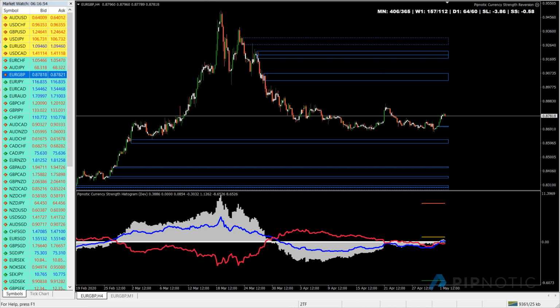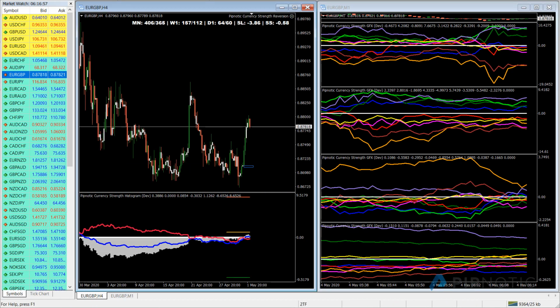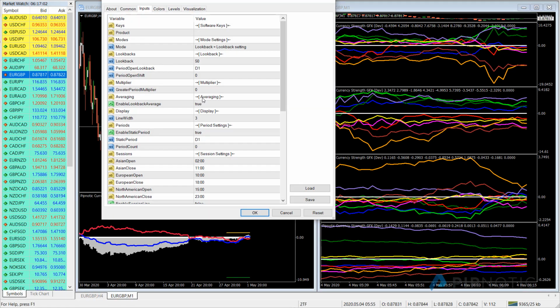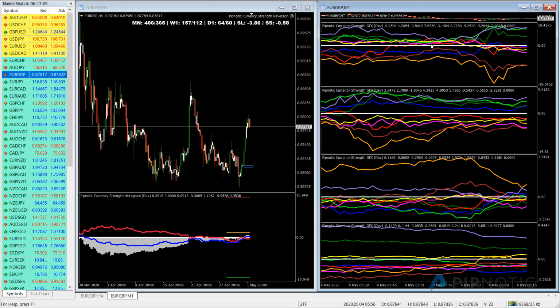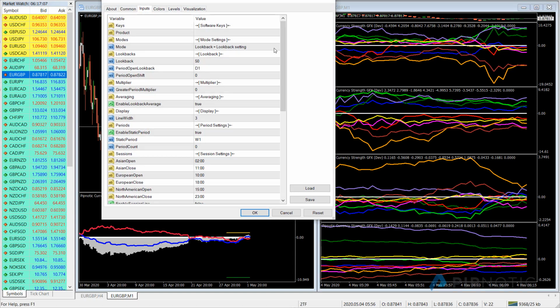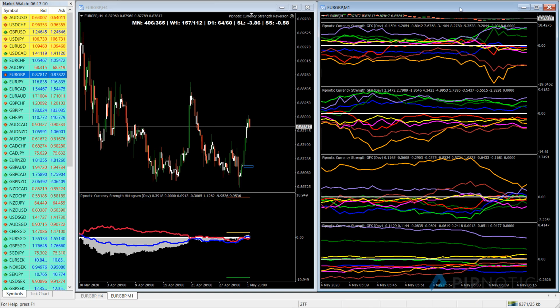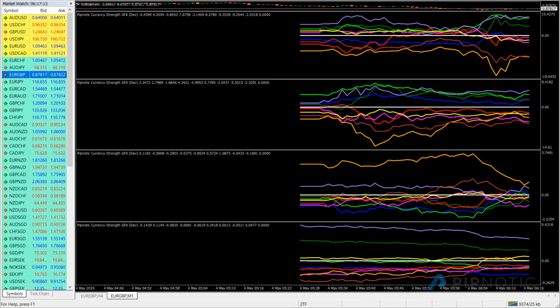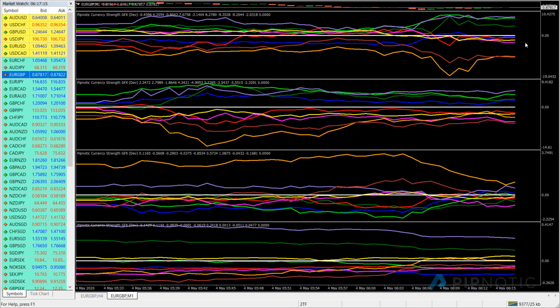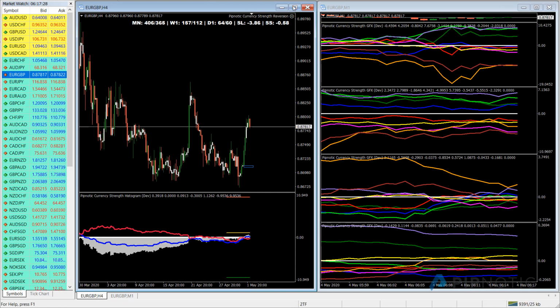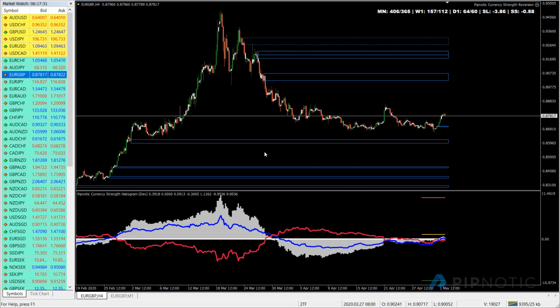If we have a look at the overall strength of the Euro British Pound, you can see that we have the Euro here. This is daily strength information. So let's have a look slightly longer term. This is the weekly, so we have weekly strength information just here in this window, and you can see that the pound and the euro are just about the same, roughly bleeding edge. On the daily information, we can see that the euro is slightly stronger than the pound, and so on and so forth. So if we go back to the price chart here,